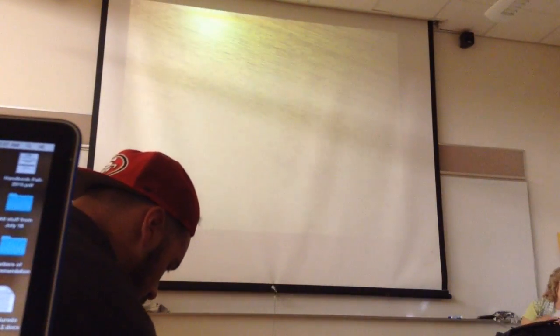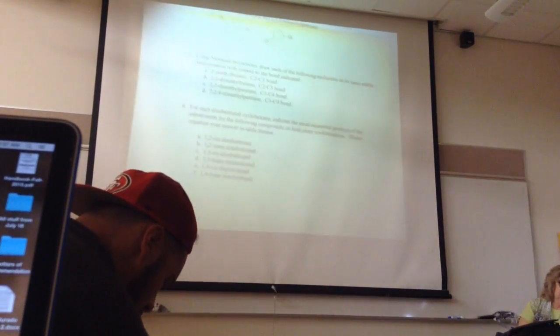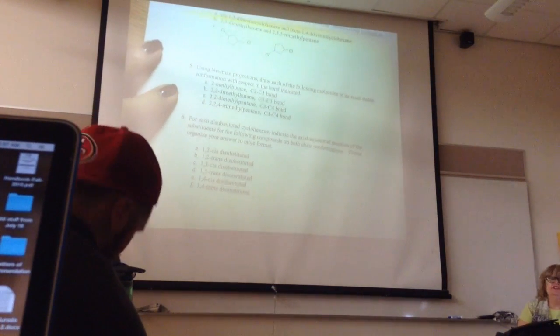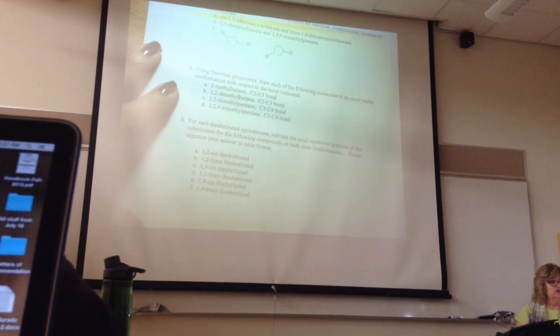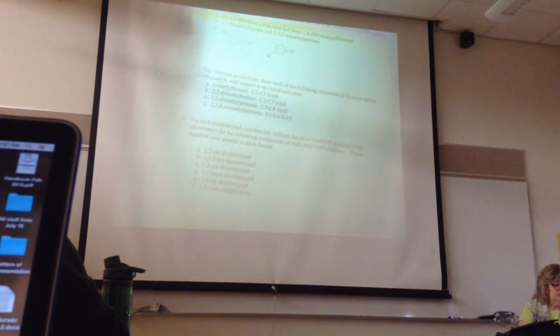When you turn discussion 4 in the back, we have already gone all the way to 5. So 3 and 4 all the way through 5 is what you're doing. Discussion 3,